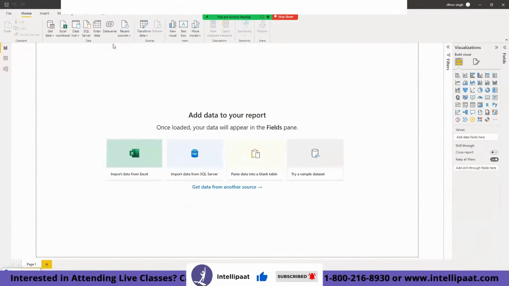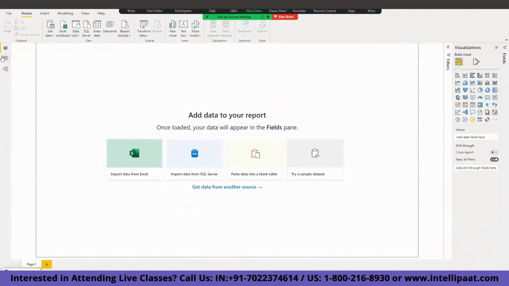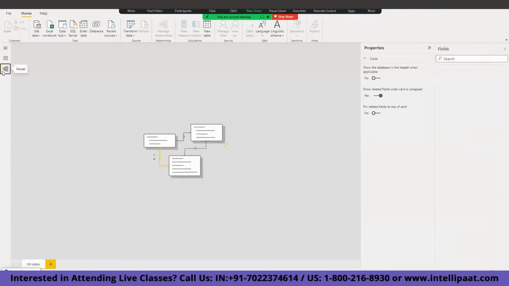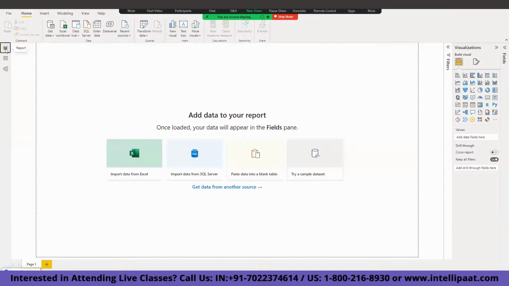Fields are shown over here. Currently, we load the data, then the fields will be visible. This is your data view, and this is your model view in Power BI. So what we'll do is take a sample superstore file